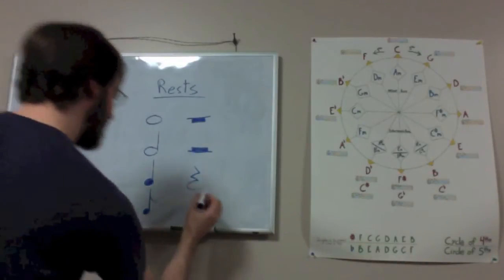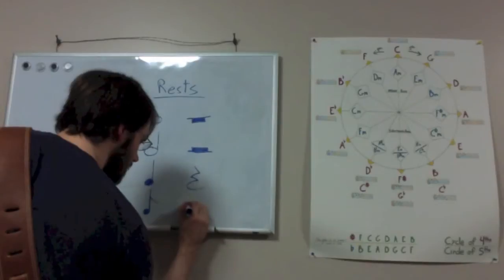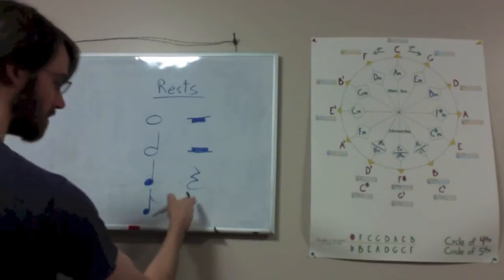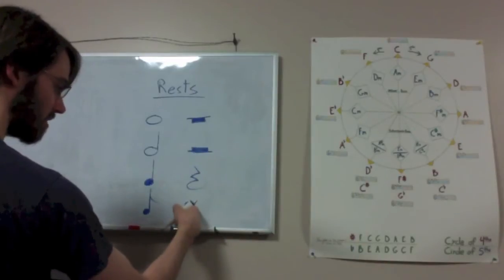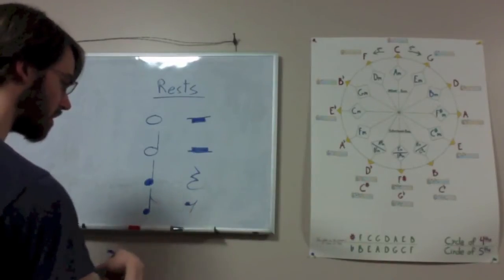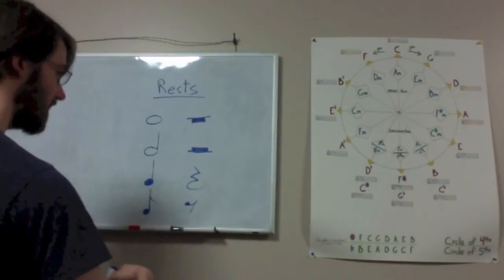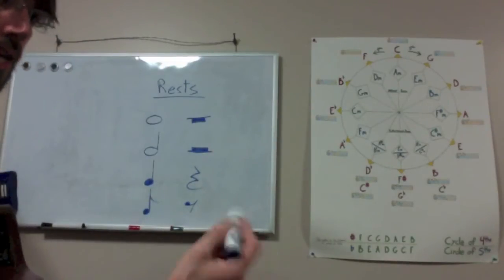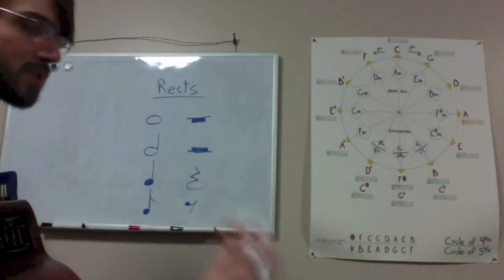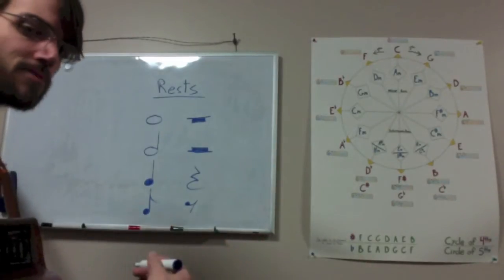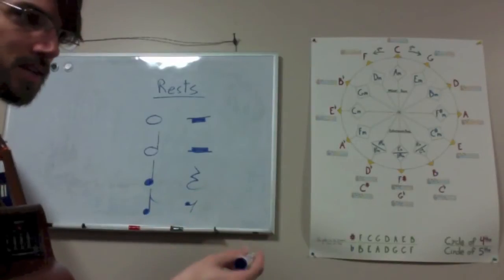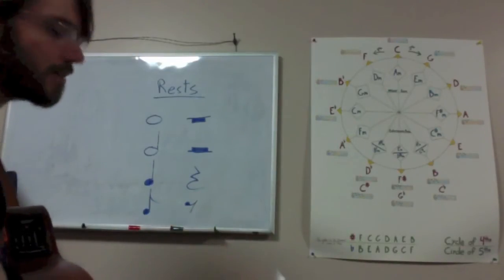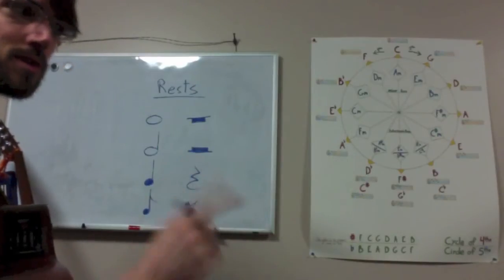And finally, our 8th note rest is something like that. Kind of resembles maybe a percent sign missing the other part, except that this is filled in. Anyway, they're very ornate looking. So I'd just get out a piece of paper and look up some images of quarter rests and half rests and eighth rests, and just take a couple minutes out of your day and try writing a few of them. It won't take you very long to get used to it, but it's important to do that